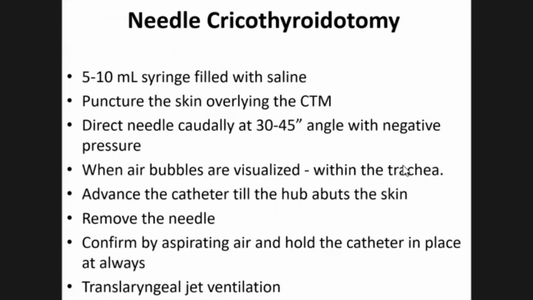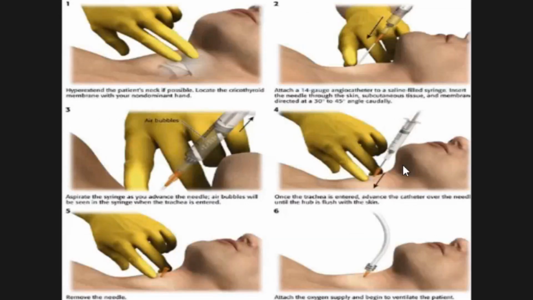Needle cricothyrotomy. So these are the steps: palpation, and this is the needle with a pre-filled 5 to 10 ml syringe, which is directed caudally. And as we direct it caudally with continuous negative aspiration, once we get the air bubbles, we are sure that we are in the airway. And then again hold it, and then